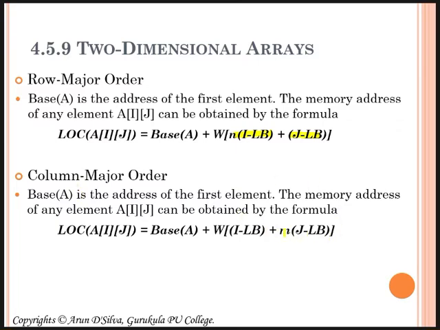Now for column major, you have to multiply by the rows into the column order, and in row major you multiply the number of columns by the row order. This is the only difference, and so you will get the memory address. The representations of the two-dimensional array elements in the two ways differ from each other. We will see how it works.